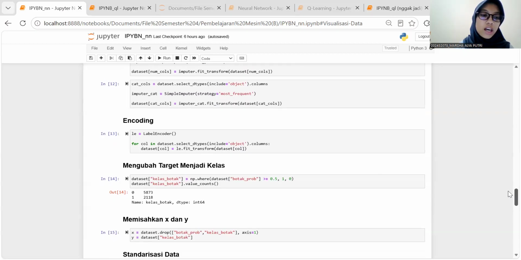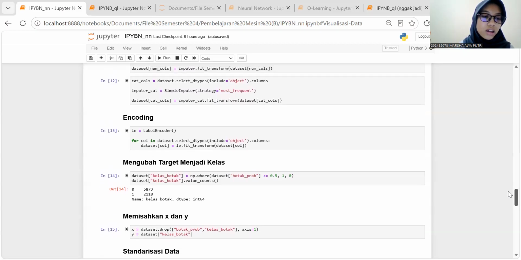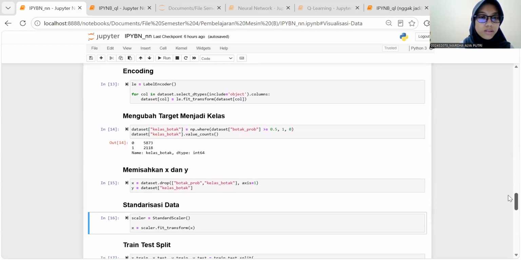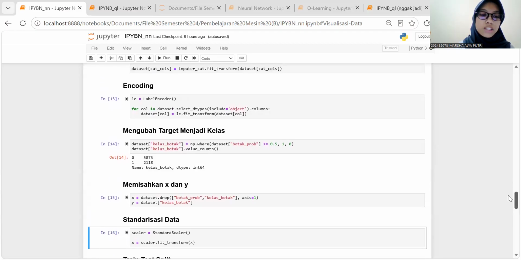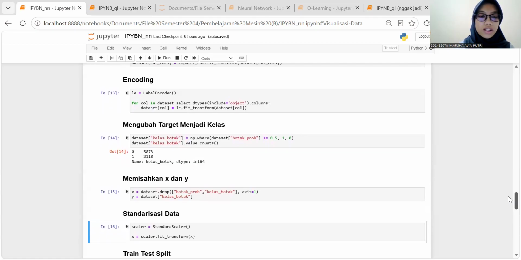And next, we encode the data. Since neural networks only work with numerical data, categorical features must be converted into numbers. We use LabelEncoder to convert each categorical feature into numerical labels. This allows the model to process every feature correctly.